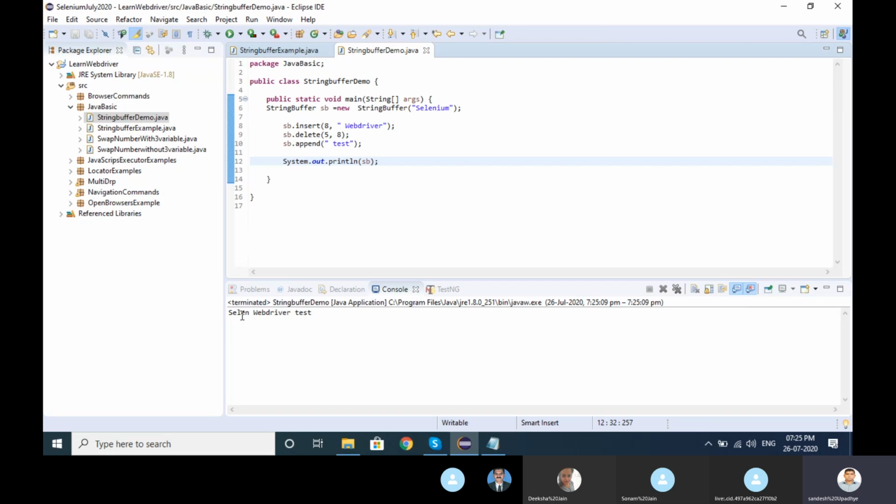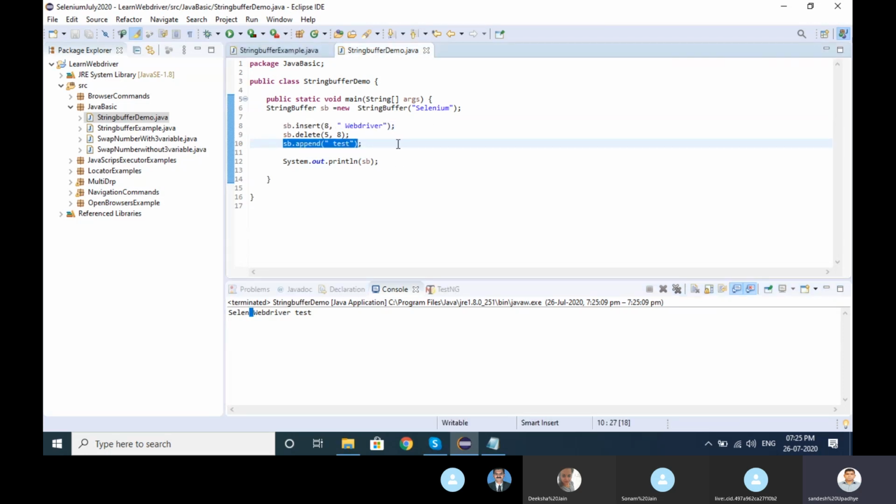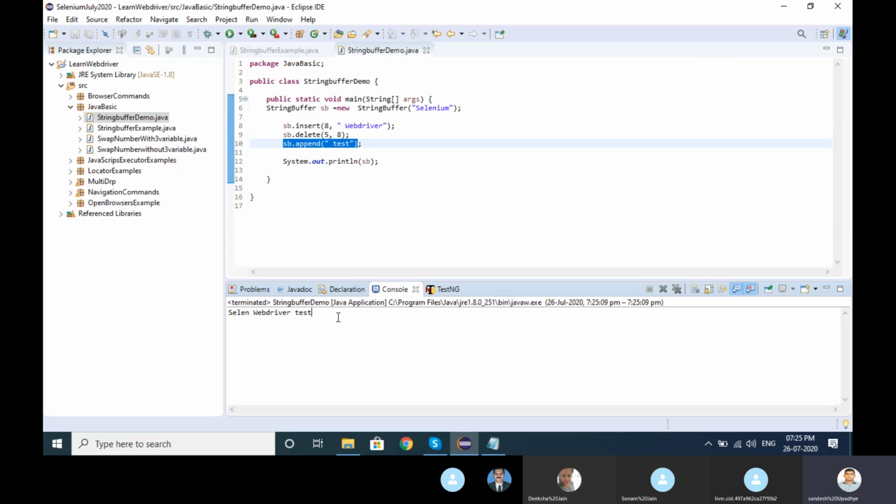Whatever the operations we are getting, Selenium, it will insert WebDriver. So WebDriver is inserted, delete 5 to 8, so 5 to 8 will be deleted, and then we have appended test as well, right? So what I am trying to tell you, string buffer and string builder are classes in Java which we require to manipulate the string. Whatever operations we are doing, both are the same.